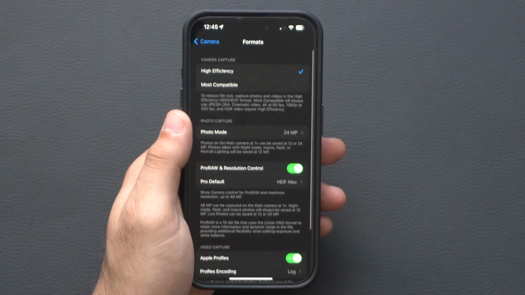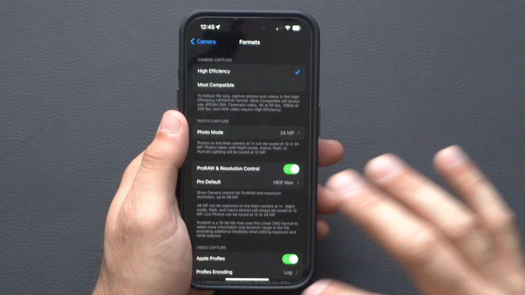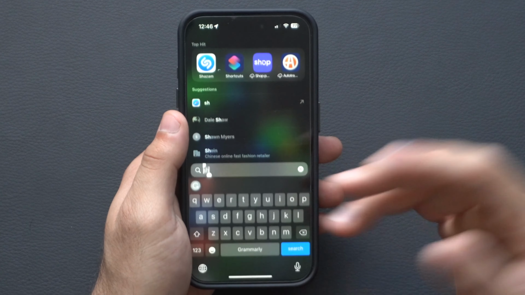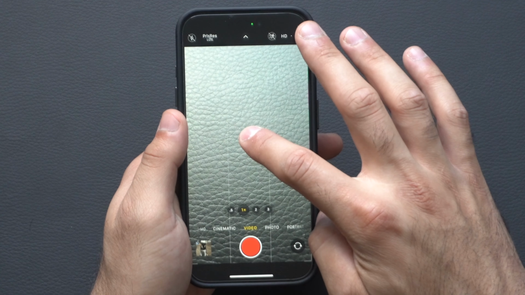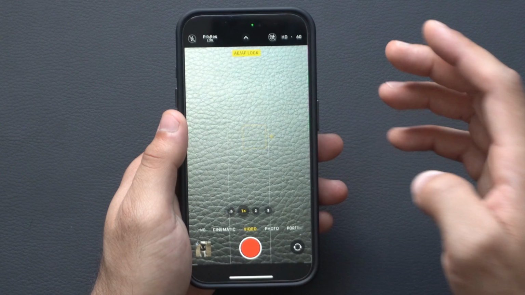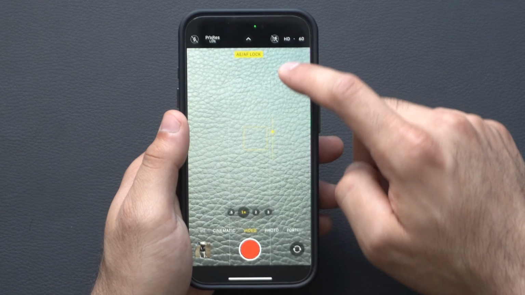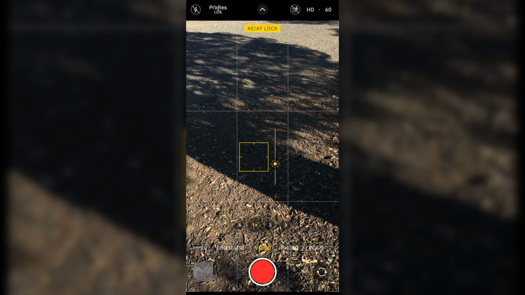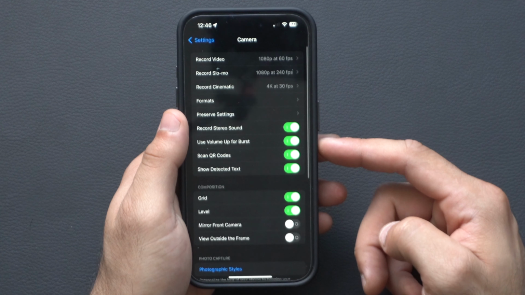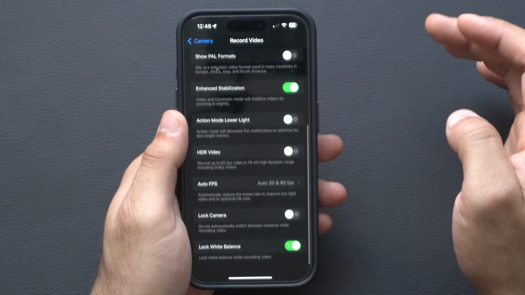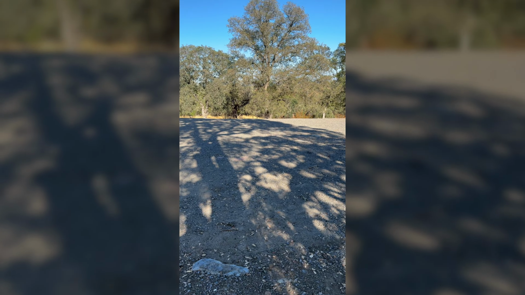Another tip I'd like to show you is the capability to lock white balance. Now there's a couple ways you could do this. One is you could do it manually each and every time by just launching the video and just long hold on the screen on the subject you want to auto lock focus on, but slide up and down, and this will lock that white balance. But if you'd like this to be a default capability, just go into your settings, back in the camera tab, and in video recording, scroll all the way down and select lock white balance. This way, whenever you're shooting a video and you move from a shadowy place to a bright room, it's not